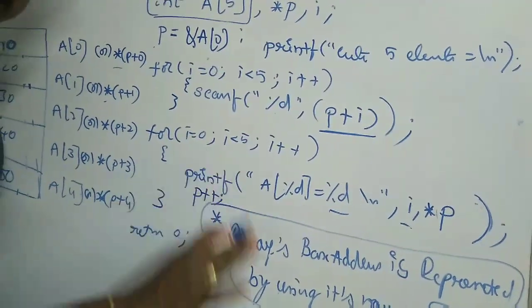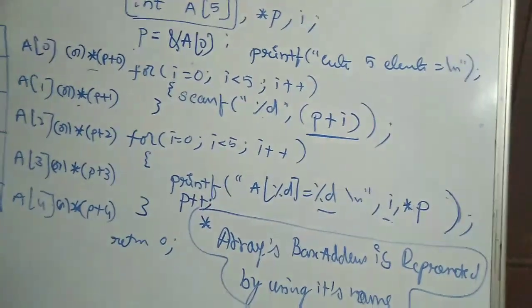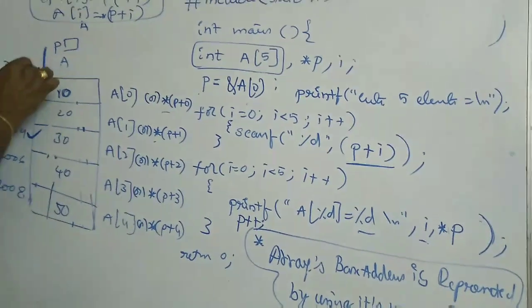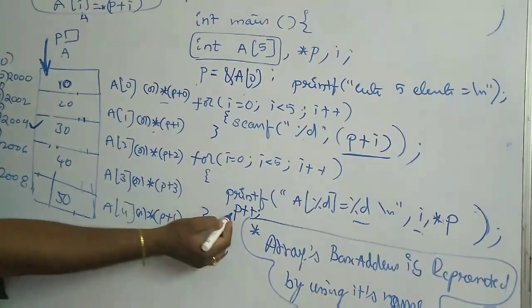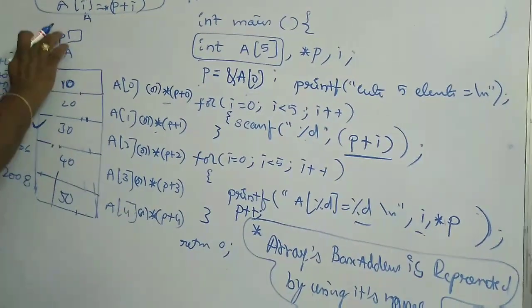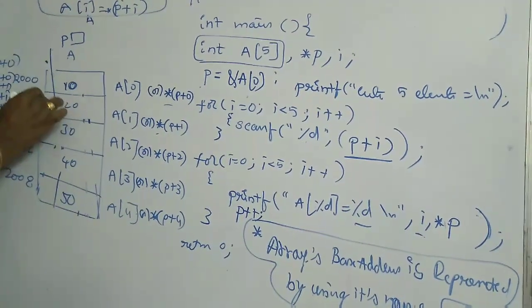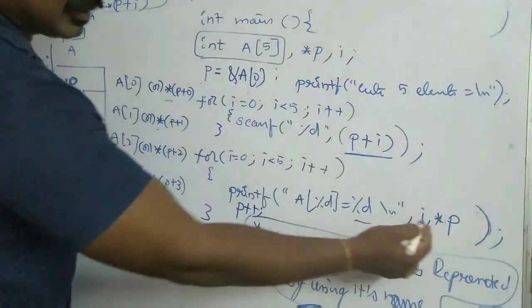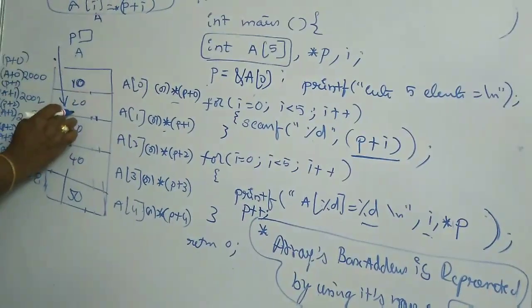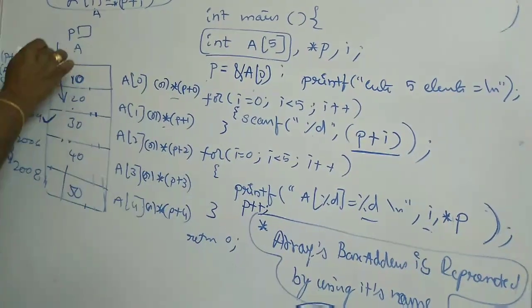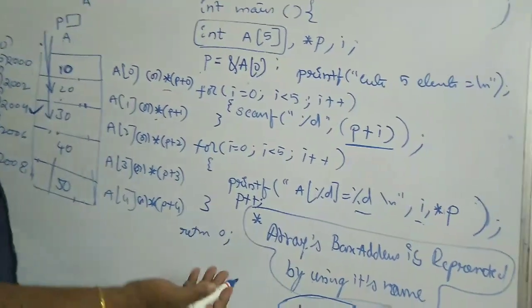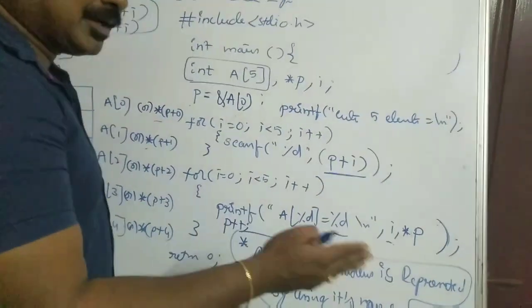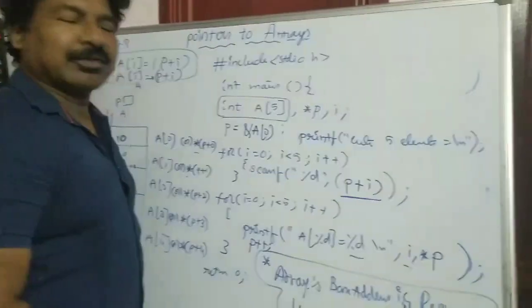I'm just incrementing p. That means if I write p plus plus, initially the p is at this place, star p will give the value 10 on the screen. Next my move is p plus plus. So p is moved to the next element. And if I come back to here, then star p means that is the second element. Again p plus plus means my p moves to the third element. So star p will give me the 30. So in this way you can actually move the pointer to every element and you can print the values. So this is incrementing.